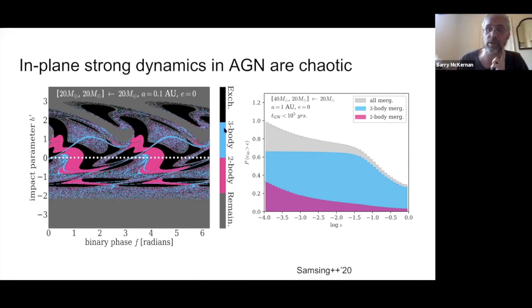Sometimes you'll end up with weird three-body sort of setups where you'll get two mergers in a row. Sometimes you'll just swap out something in the binary for the tertiary object. But essentially you can get kind of a really chaotic, strong encounter with a wide range of possibilities, including things